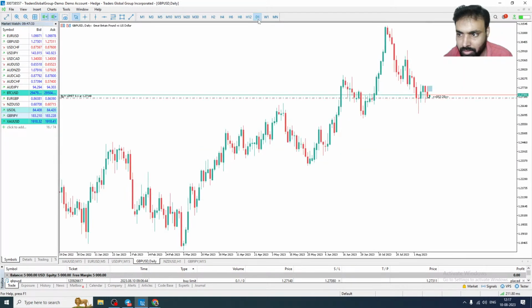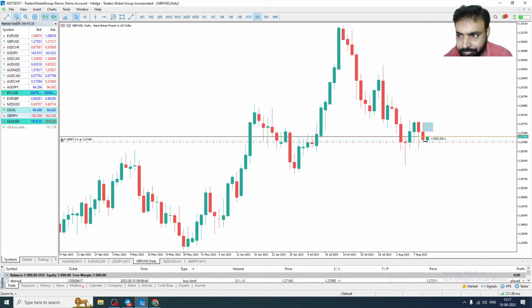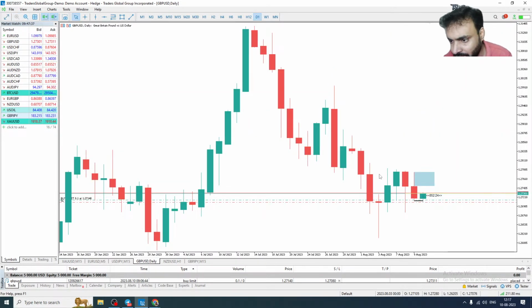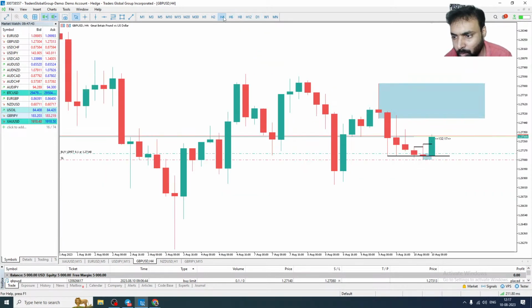So go to the daily chart. You can see the daily chart. It is not a manipulation. It is not a daily manipulation, this level. If I go to the 4 hour, then I can see it's like a manipulation. That's why we have taken. But again, you can see a lot of equal highs are there. We can expect some potential downtrend, maybe like a 300 point down movement from here.